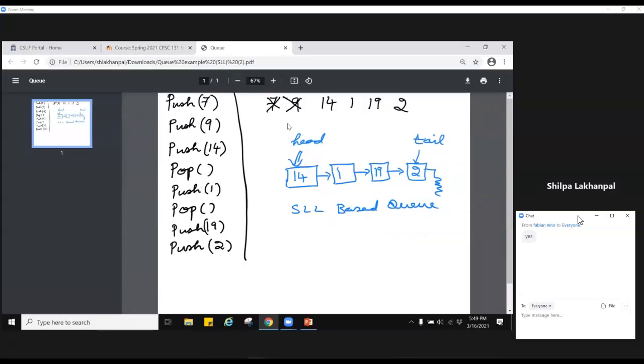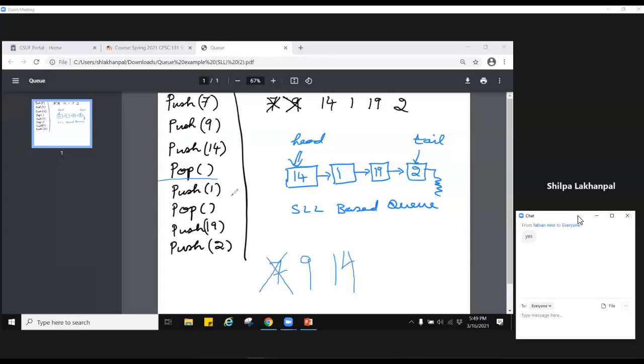these are a series of commands. What happens over here is you push 7, so 7 is the first number in the line. Then comes push 9. So 9 will always get back in line after 7. That's how basically queues work. Then comes 14. So 14 will be the third one in line. And now you pop. So mostly you remove the first element from the line.